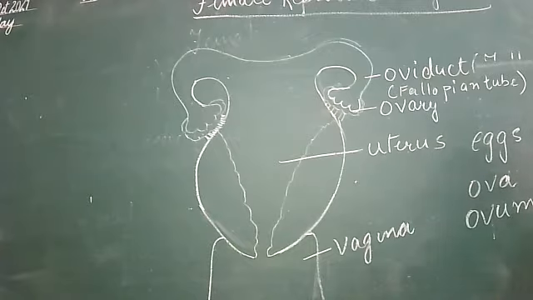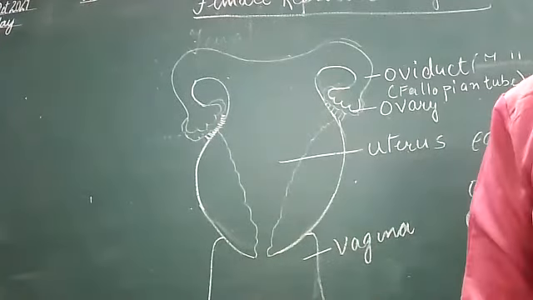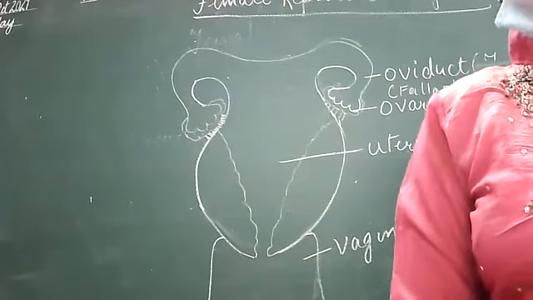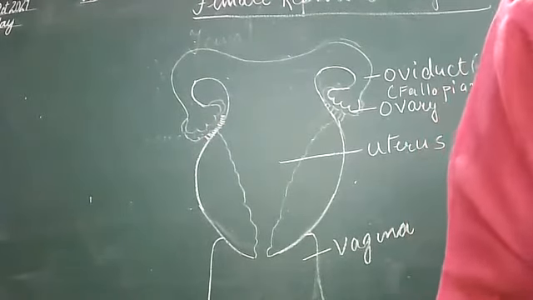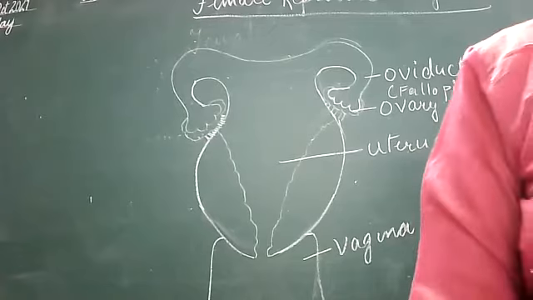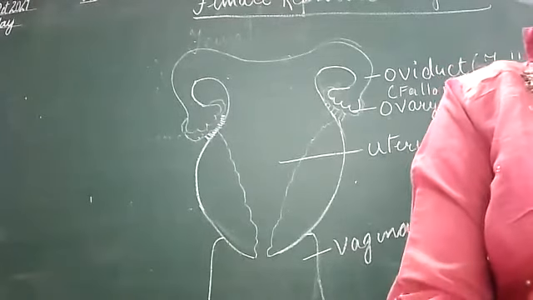See? So what is the function of the ovary? It is to produce ova. I'll not repeat. If you want to write, you can write. See? I'll not repeat again. But the function of the ovary is to produce ova, or you can say the egg. Okay? Now ova or eggs they produce, besides that it produces hormones.